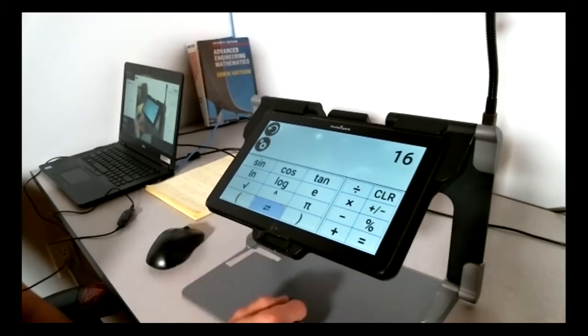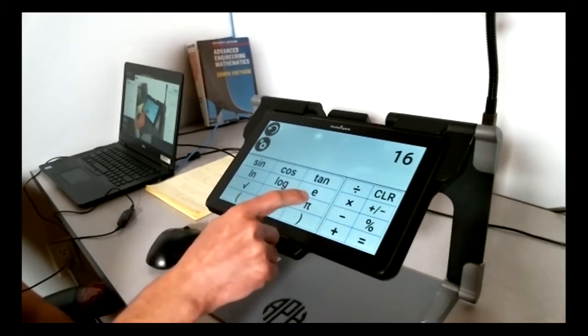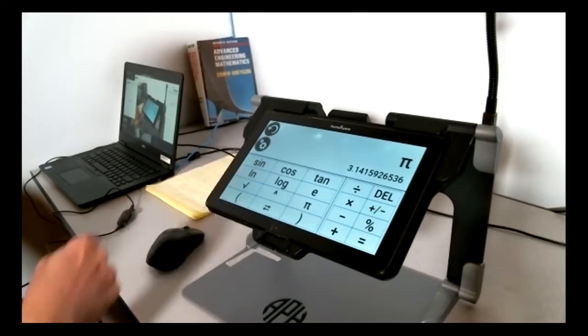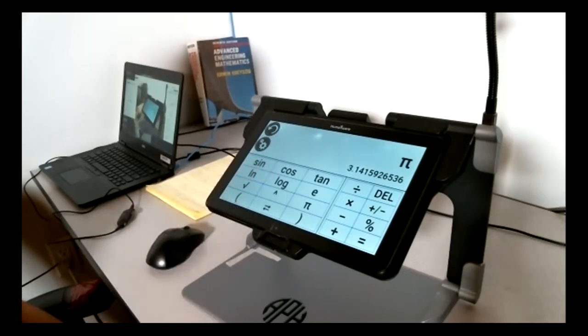So that's how you use the scientific calculator. You also have here the pi function, or the pi variable, or the pi constant, I should say. So 3.14 and 16 if you round it off. So you can use that. If you're using radians, that's going to be a very helpful constant in using your cosine and sine functions. So that's the basic scientific calculator, but let's jump into the more interesting stuff where we see stuff happening on